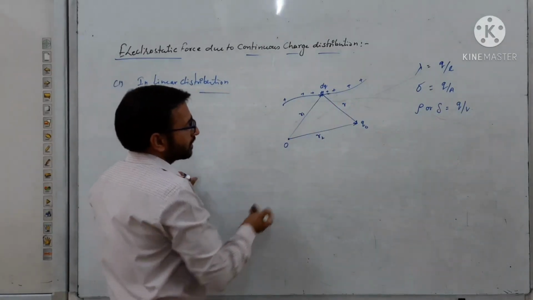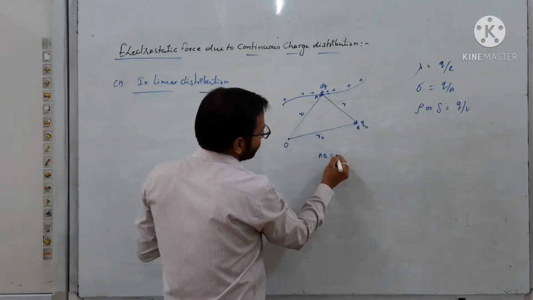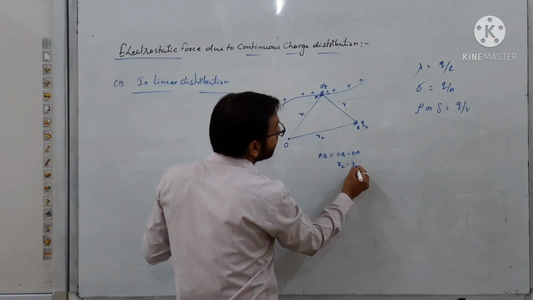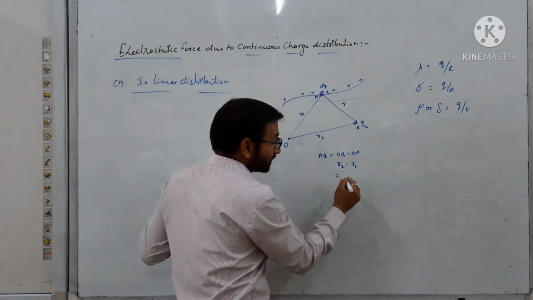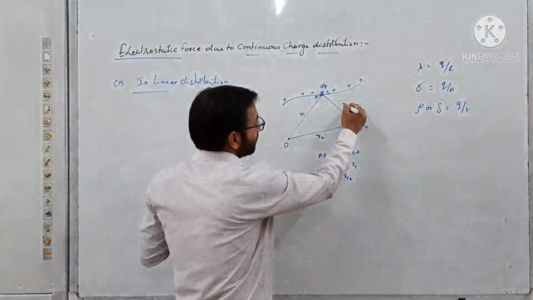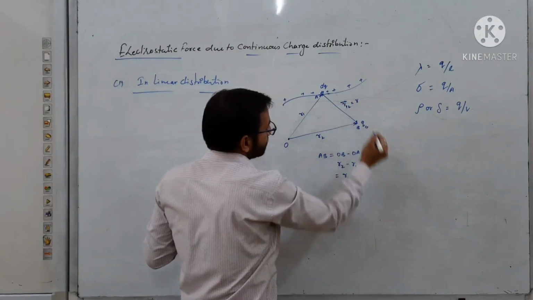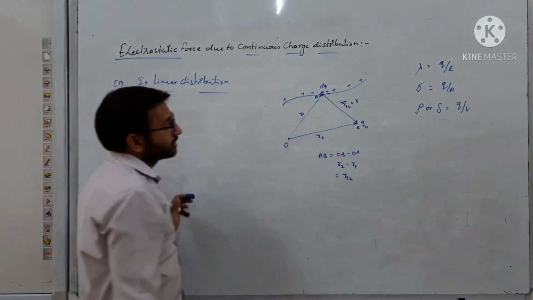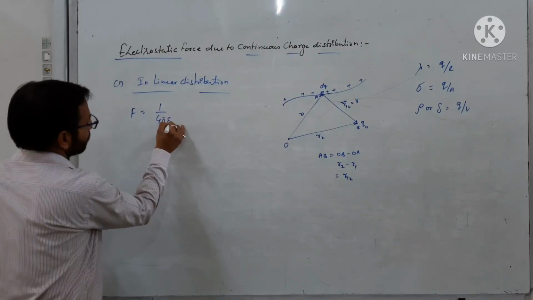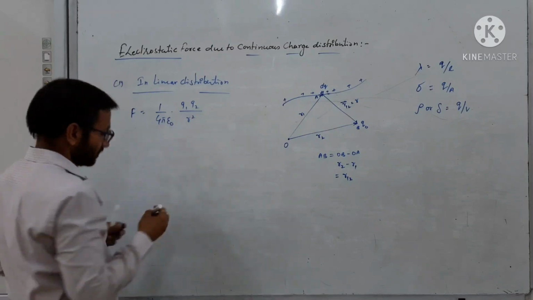It depends on you, because if you are considering the length AB, as you know that OB minus OA, where OB is your r2 and OA is your r1, and if you want to write this as 12, then your distance will be r12. This is a vector form, but the magnitude is supposed to be r here. So at that time the force, as we know, equals 1 over 4 pi epsilon naught q1 q2 over r square.